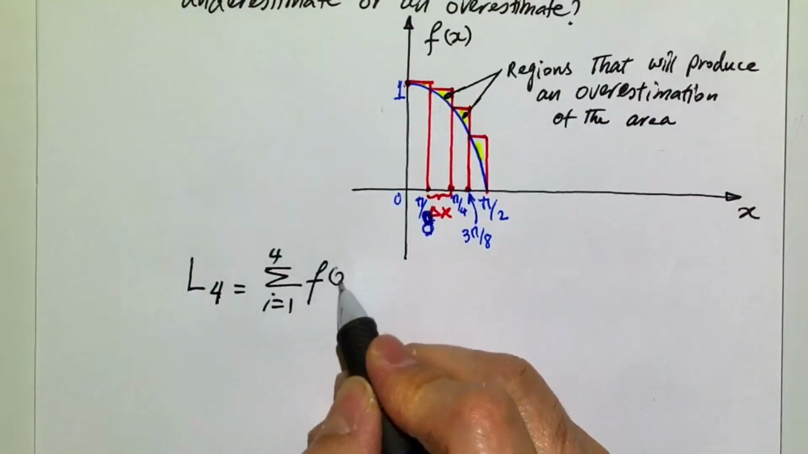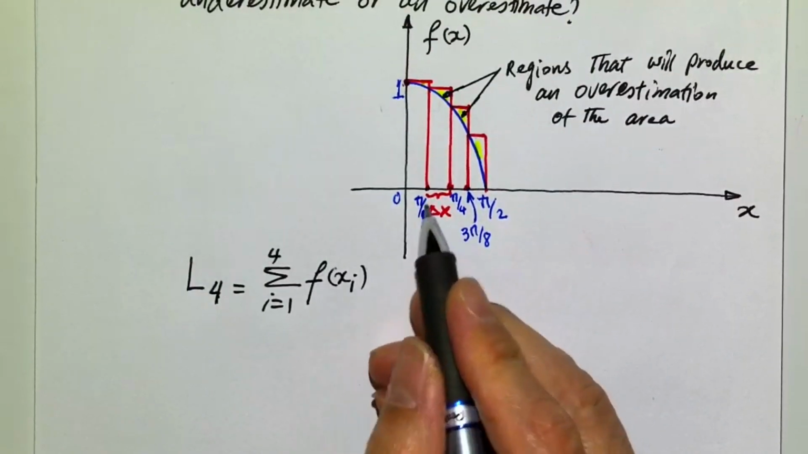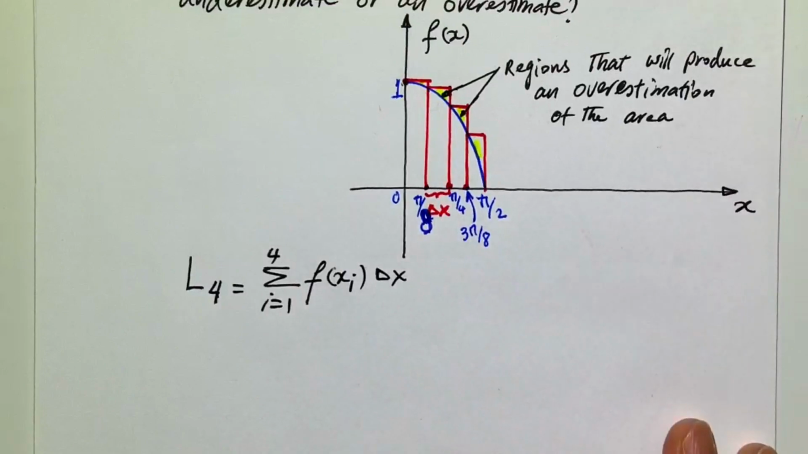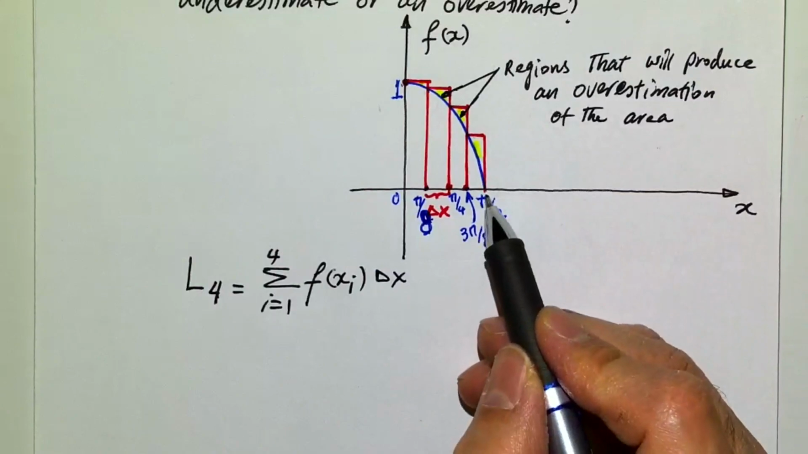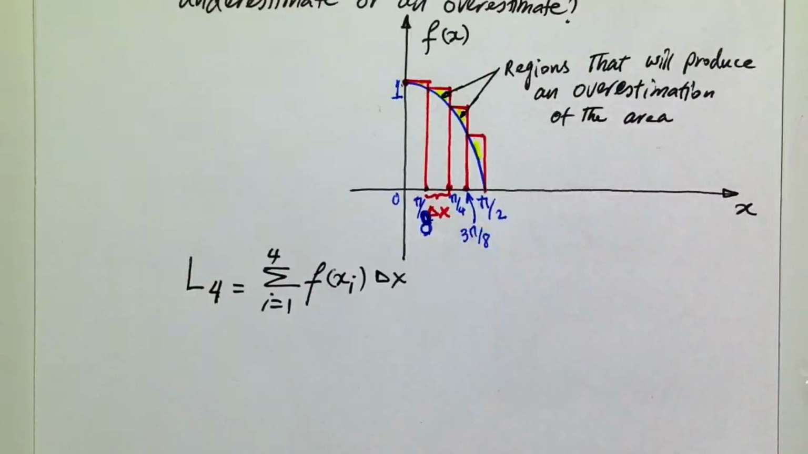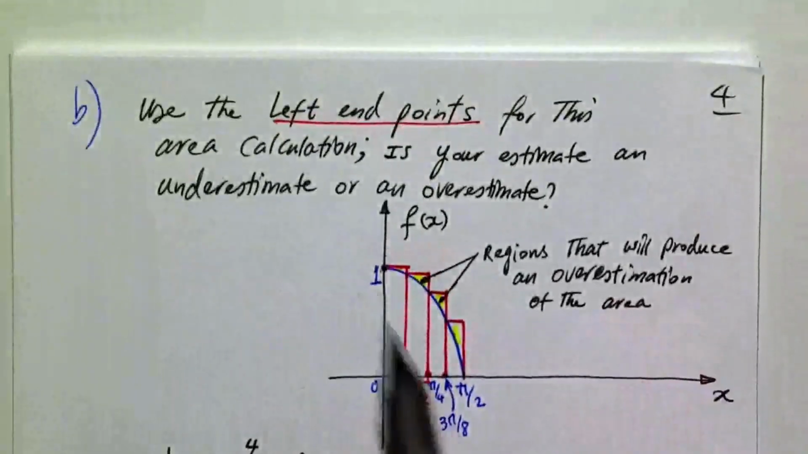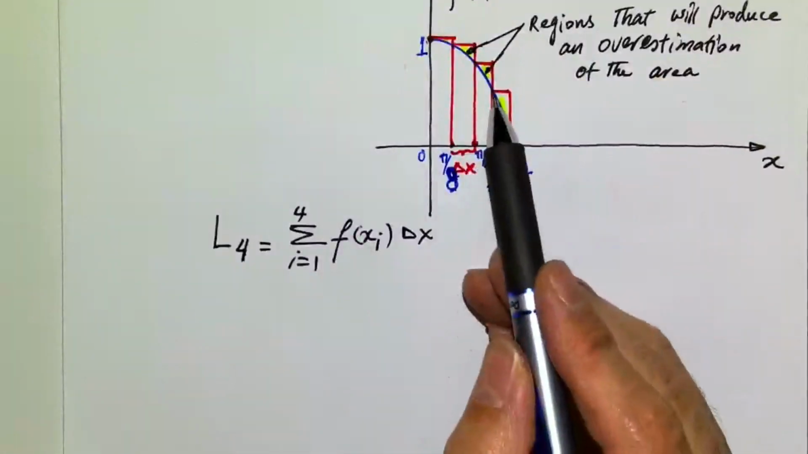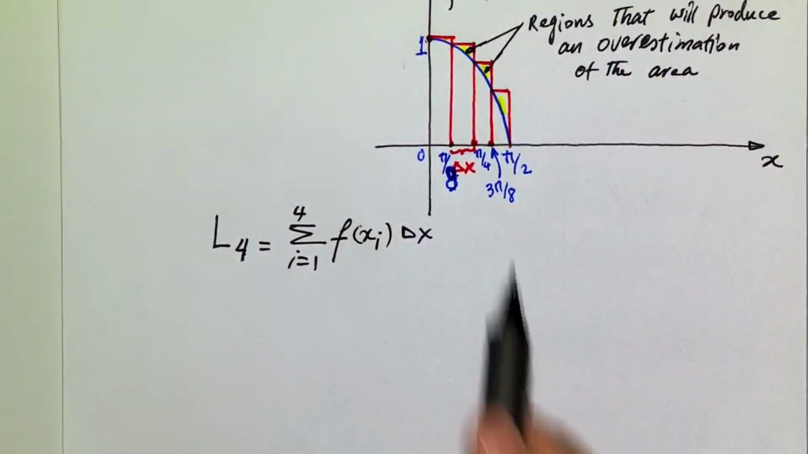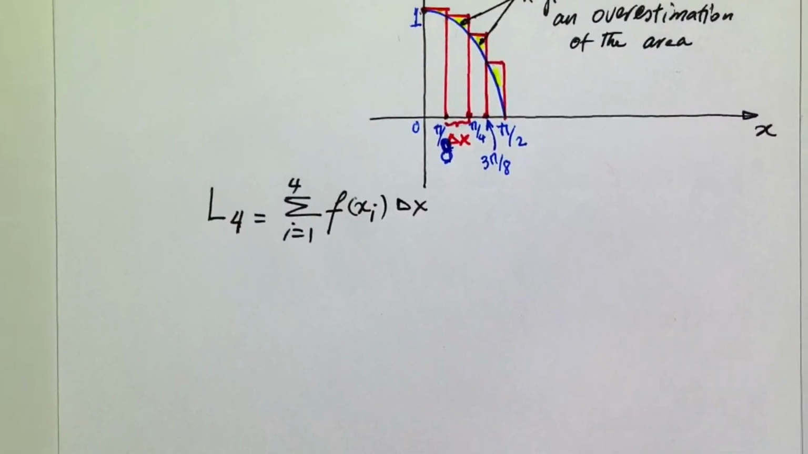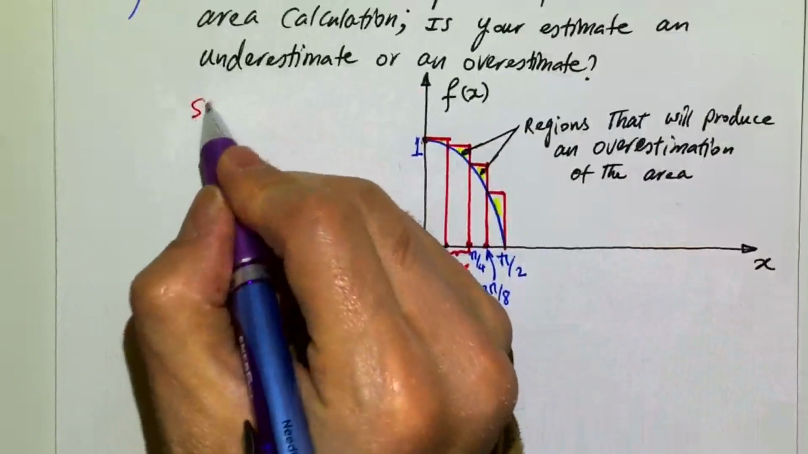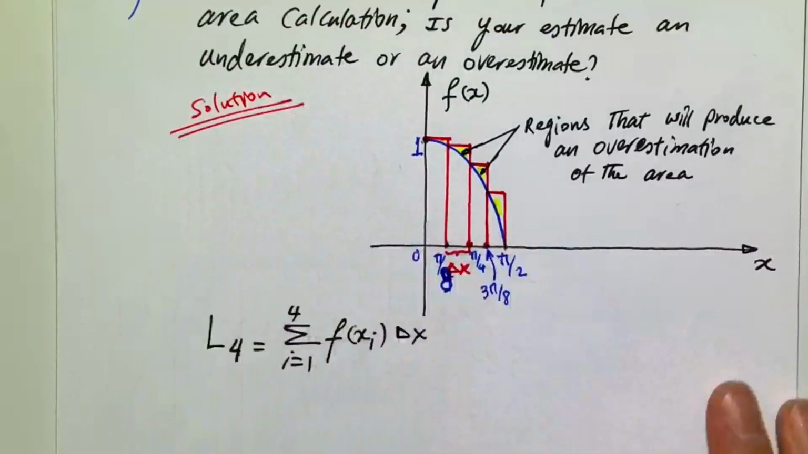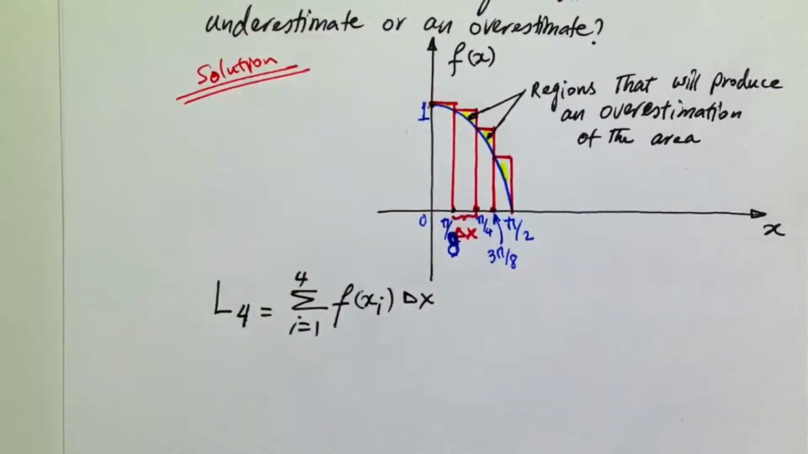So the function value at each of those points times the delta x. Of course, we're not going to calculate the function at pi over 2, right? Pi over 2 would be the right side. This time we're taking the left endpoints, so we're taking these values. The last one would be 3 pi over 8. Okay, so calculating,